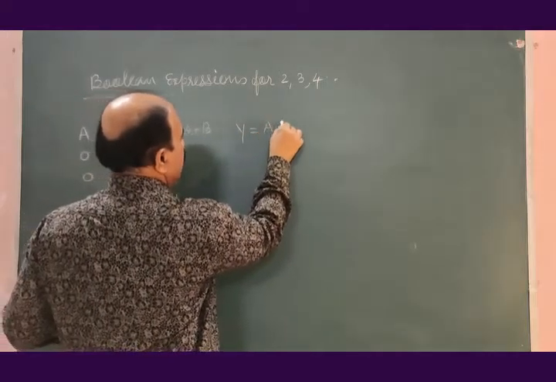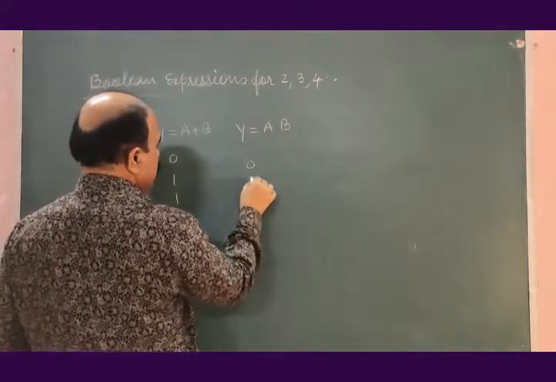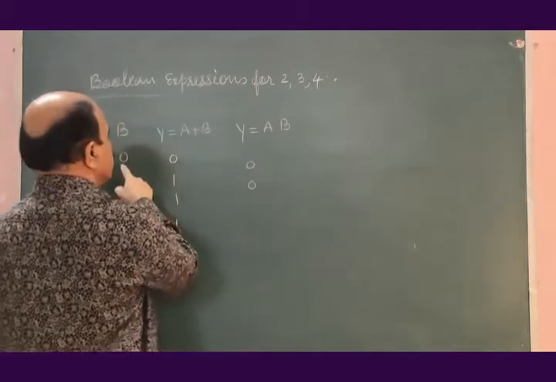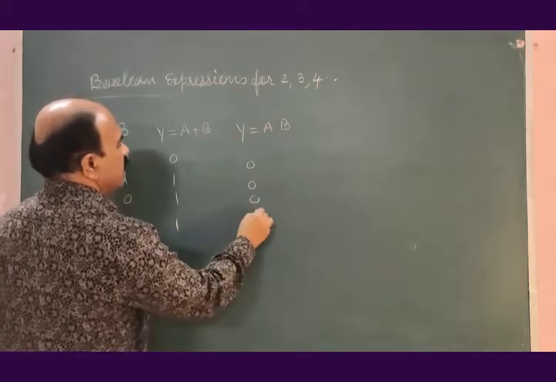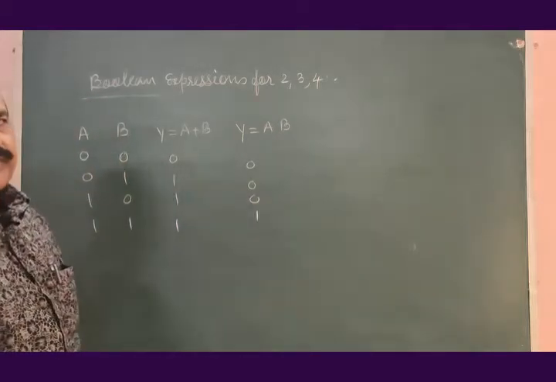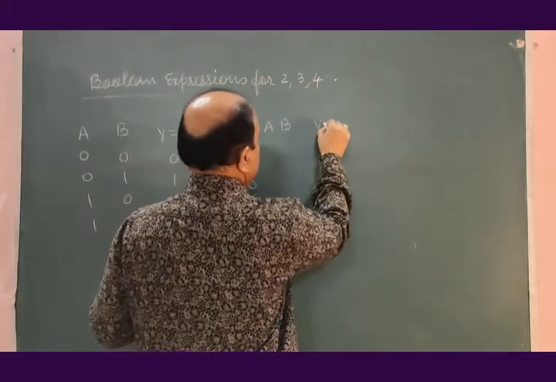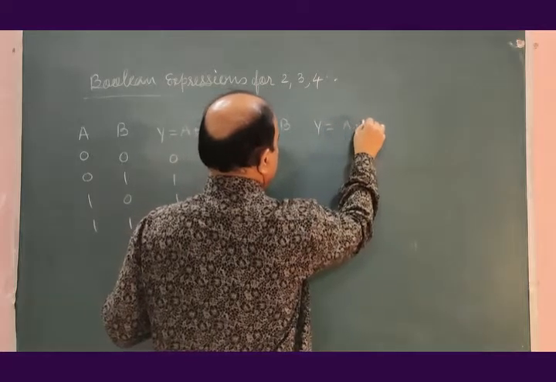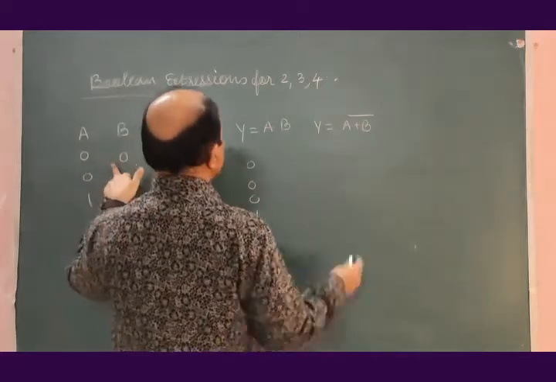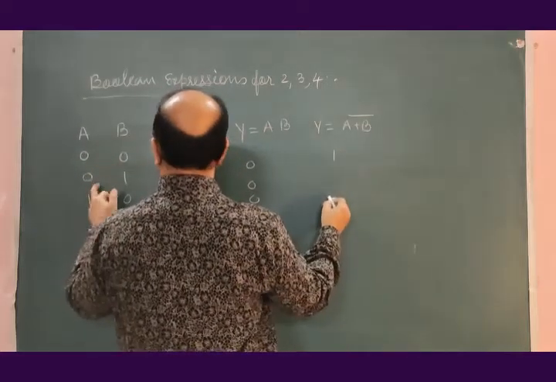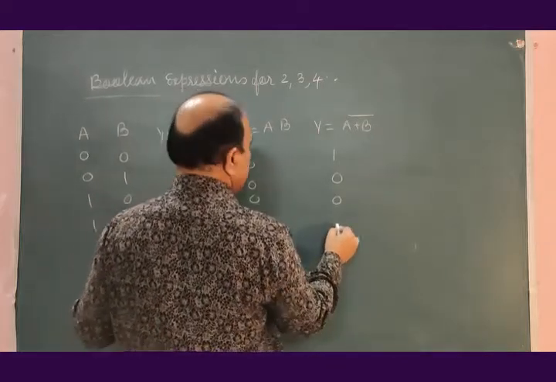If you are asked to perform AND operation for these two inputs, we will have the equation y is equal to A and B, and the inputs will be 0 0, 0 1, 1 0, 1 1, with corresponding outputs 0, 0, 0, 1. Even you may be asked to perform the NOR operation, then the equation will be A or B whole bar. Corresponding outputs will be 0 nor 0, 1; 0 nor 1, 0; 1 nor 0, 0; 1 nor 1, 0.